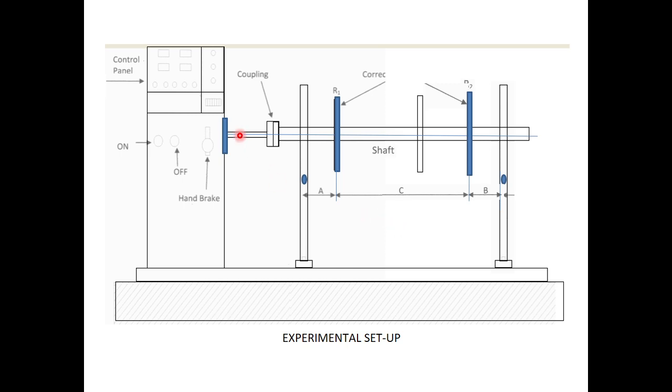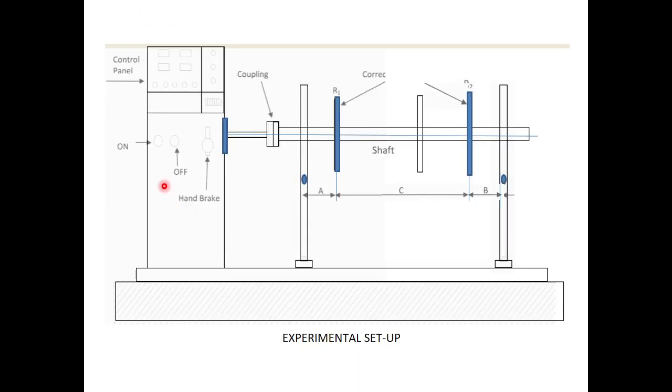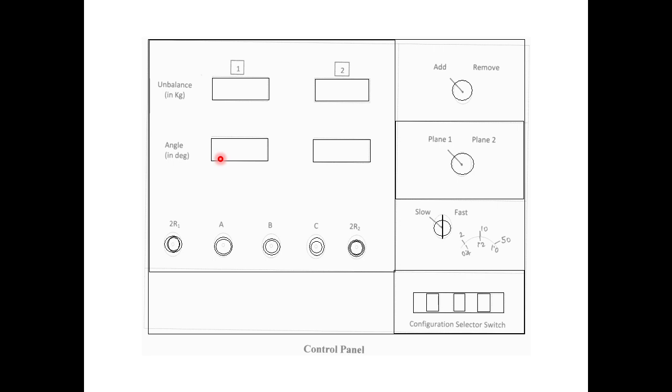Now, the thing is here, this is the control unit. Control panel means this one, the control panel, and this is the drive unit. You see what is there. In the drive unit there is an on-off switch, and there is a handbrake, which you can put on while stopping this rotor. There is another selector, which is a speed selector. There is a high speed operation and a low speed operation here. Okay, and this control panel, is there any detailing here? This is the detail of this control panel.